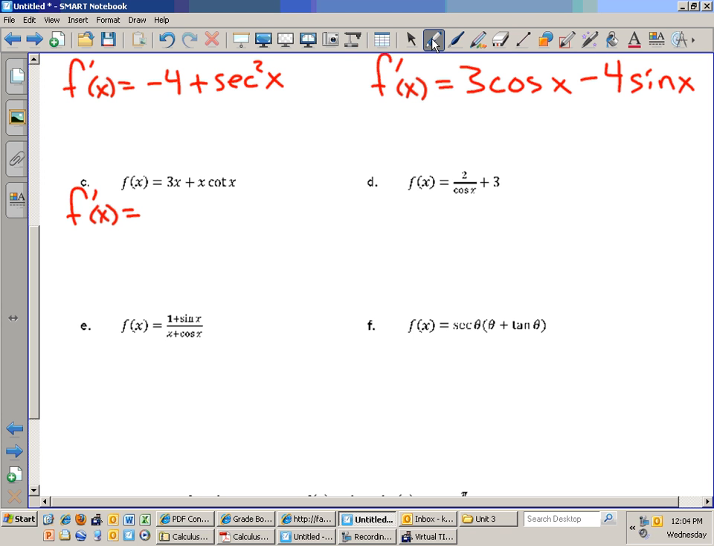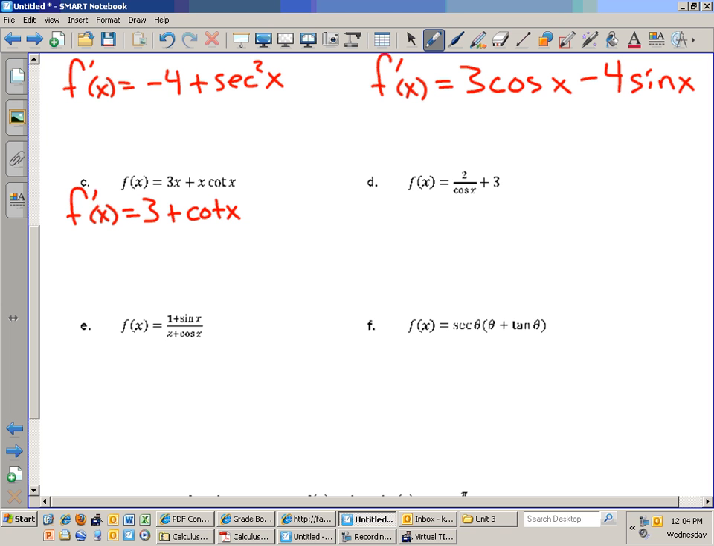First, I could take the derivative of 3x, which is 3. Now I need to perform the product rule. The product rule says the derivative of the first function, I have x and cotangent of x, so I'm going to work with x here. What's the derivative of x? 1 times cotangent left alone,